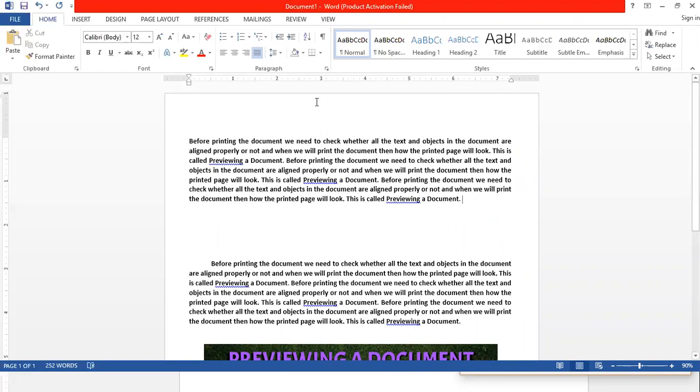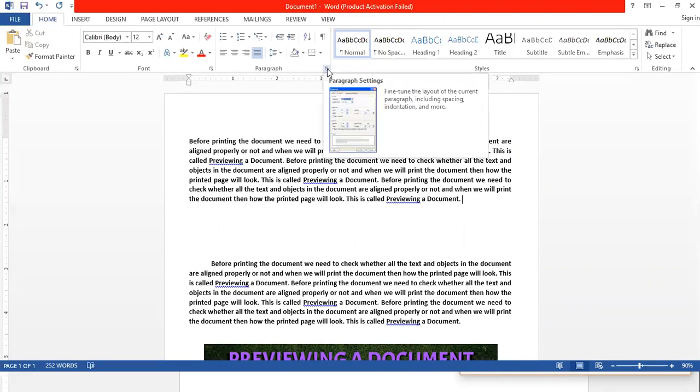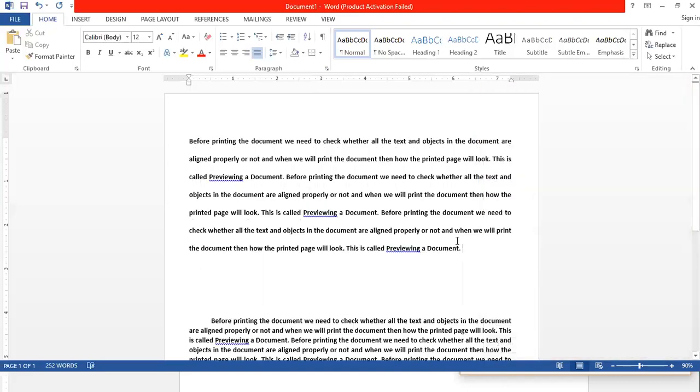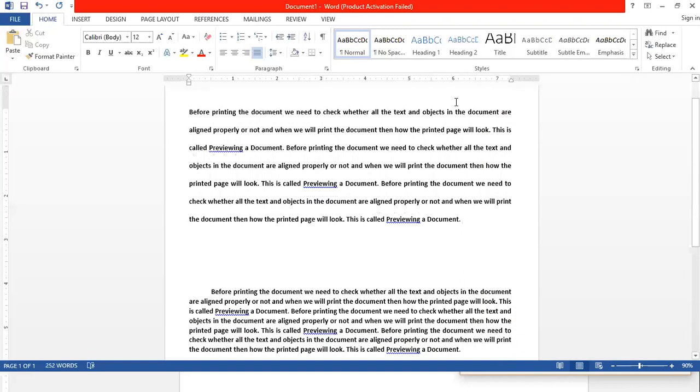Let's see the line spacing now. So again, let's open the dialog box of the Paragraph group in the Home tab, and then use the line spacing option. Click on this down arrow here. Now I'm going to select Double, for example. Select the option and click on OK. Now you can see the space between the lines has increased, only in the first paragraph,